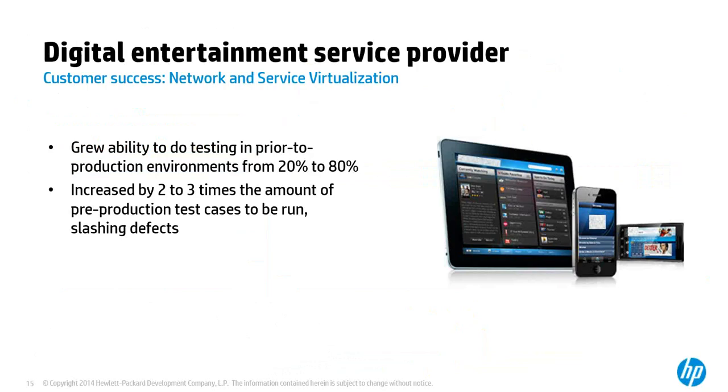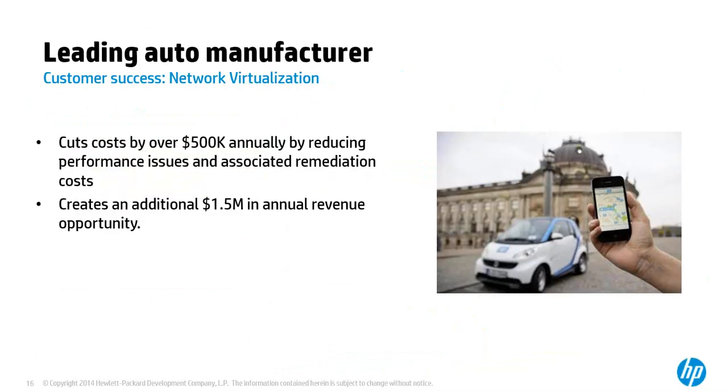The next one that we'll look into is a leading automotive manufacturing organization. This one happens to be out of Europe, and is a case that's more based around mobile. There were some significant issues when they deployed their app, and again, it was around automotive manufacturing, but they were able to cut costs by over $500,000 annually just by reducing these performance-related production incidents and the